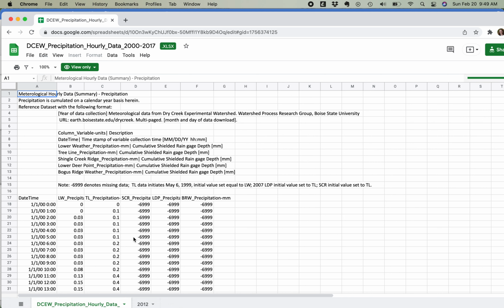And what we can see here is that we have a bunch of columns, so it's always good to read the information at the top. And so we can see that we have a date time column. We can see we have a lower weather precipitation column with a cumulative shielded rain gauge depth. All right, and hopefully that is making some sense to you. We're looking at precipitation in millimeters at the lower weather station, and we're looking at depth in millimeters that has